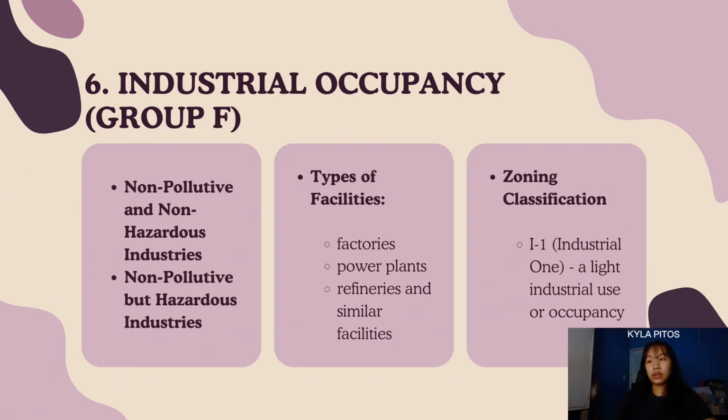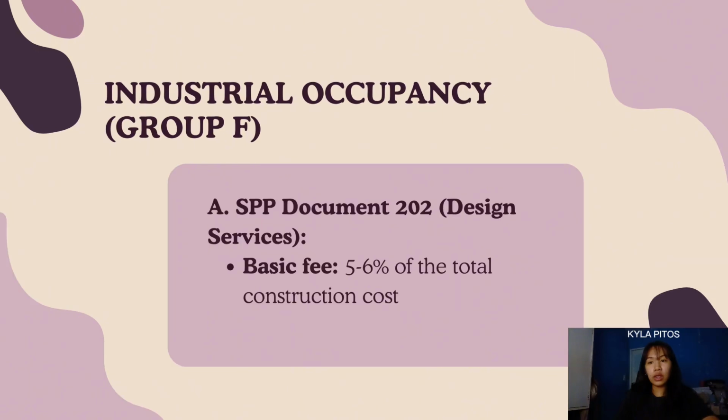Now, the types of facilities under this occupancy are power plants such as thermal, hydro, or geothermal, pumping plants, which are known as water supplies, irrigation systems, and sewage, also factories and other similar facilities. As for its zoning classification, it is the I1 or Industrial 1, which is a light industrial use or occupancy. With its examples of professional fees, the first one, which is the SPP Document 202, Design Services, its basic